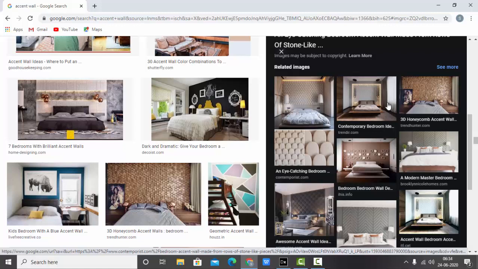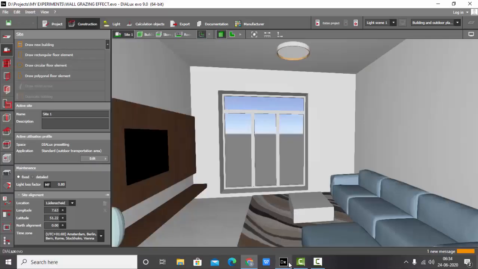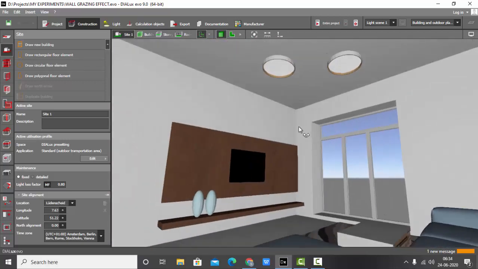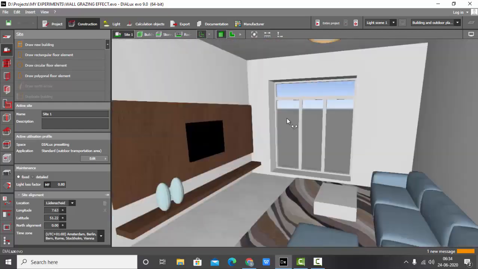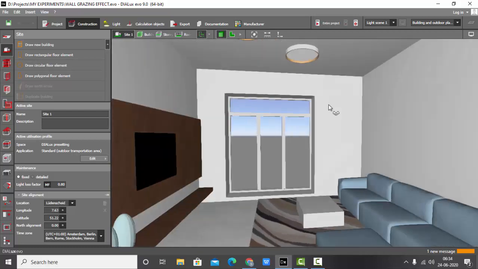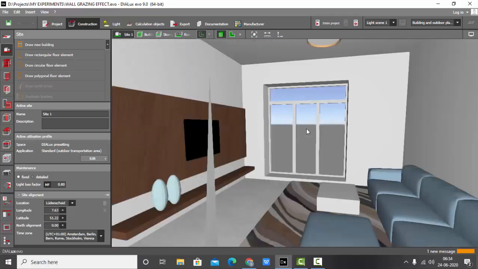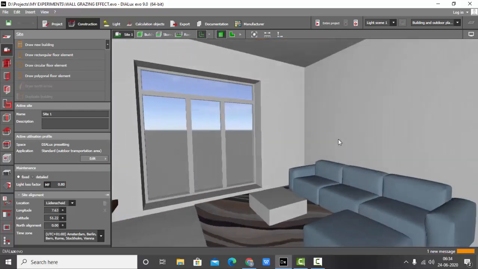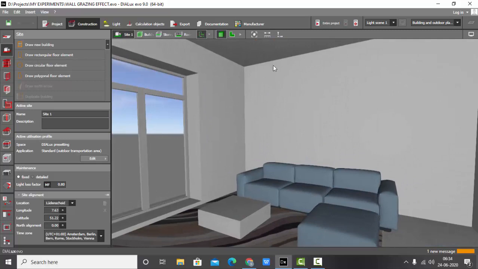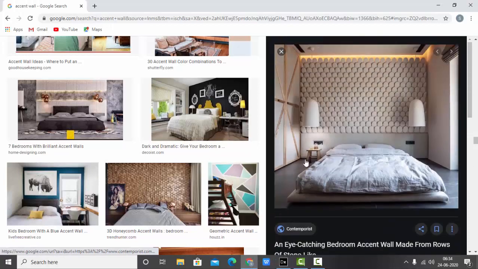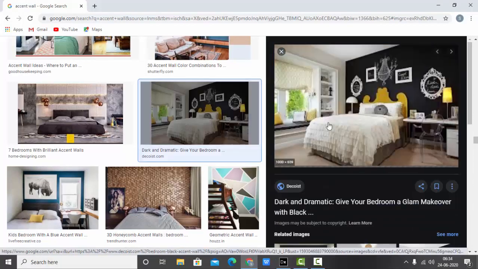Similarly, we are going to do the same with lighting. We are going to create a visual interest through lighting in this room. Now you can see this room looks very pale, all the walls are white, no visual interest. I have placed some furniture, but it is not drawing my interest so much. It is looking very pale. Suppose we had some accent wall here, something like we have seen, some embossing or a different color wall.